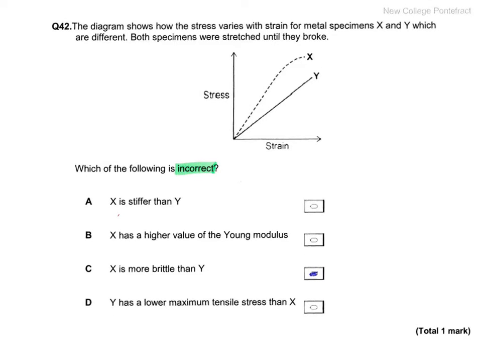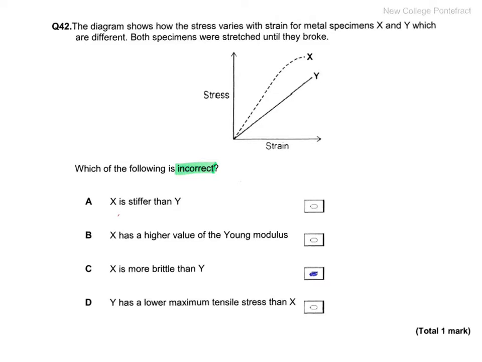C, X is more brittle than Y. Well, brittle means there's no plastic deformation before it breaks. Given that X has a straight line section and then a curve, that implies that there is some plastic deformation there before it breaks at the end, and that suggests therefore that Y is brittle and X is not. So X is more brittle than Y is false is the correct answer, and we'll just check